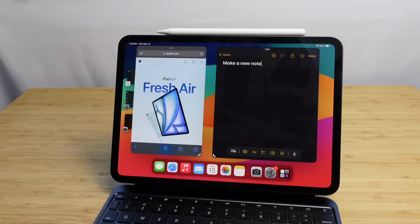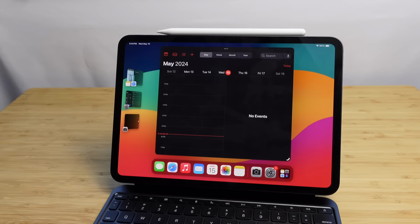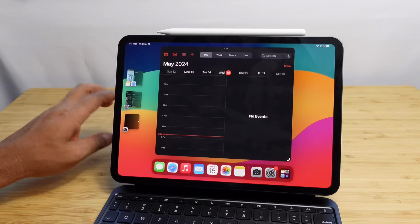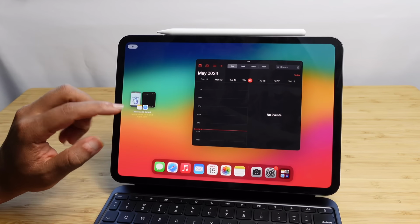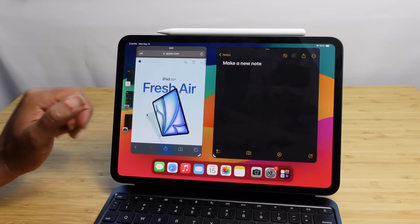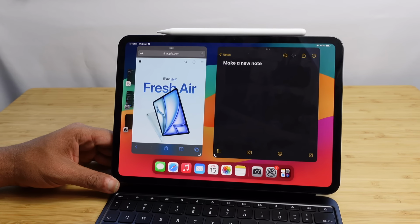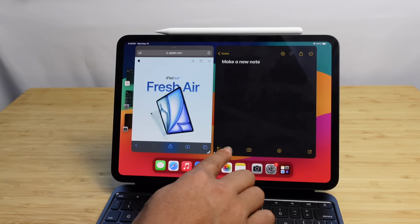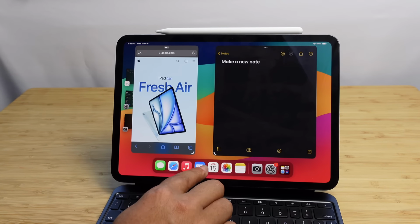So it's cool that you can multitask, and if I was to switch back to Calendar, it will remember that I have Notes and Safari paired together, and when I want to go back and do my research and my notes, I just tap on them and it brings those windows back open instantly for us to get started with. So that's a really impressive way to multitask on an iPad, and you can have as many windows as you